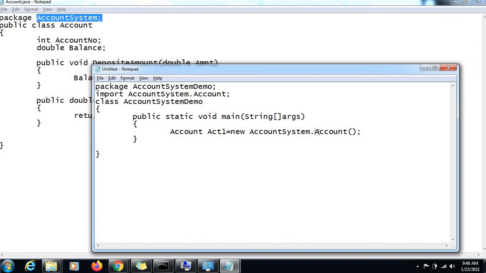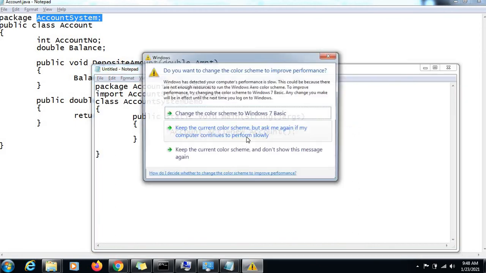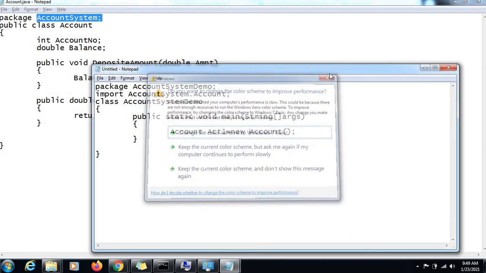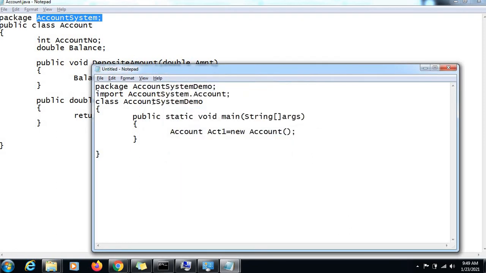Why? Because when the compiler now compiles this statement, it will understand that there is one package which is imported, and the compiler can go to the class path folder, find the package folder, and from inside it can find the class file as well. So the compiler doesn't need the class name to be associated with the package name now, because that reference has already been done. We have already told the compiler in which package folder it can get this account class by mentioning it in the import clause. This is called the import clause, right?